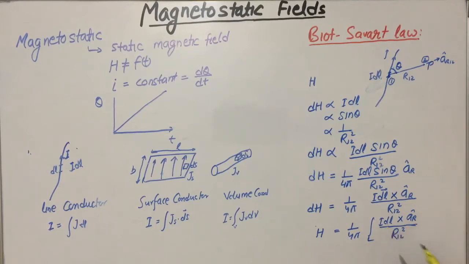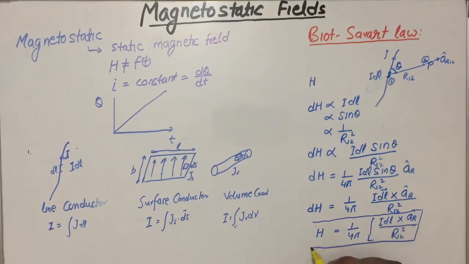Okay, so keep that in mind. So in case of a surface conductor, this will be replaced by Js ds, and in a volume conductor it will be Jv dV. So from here we can say that the magnetic field intensity at any particular point will be this,